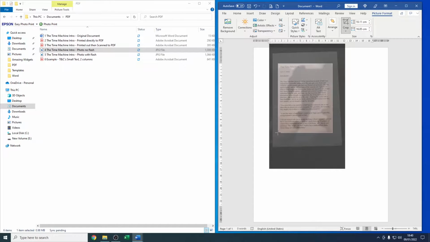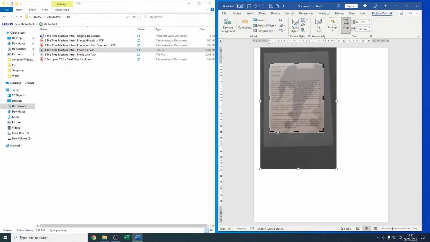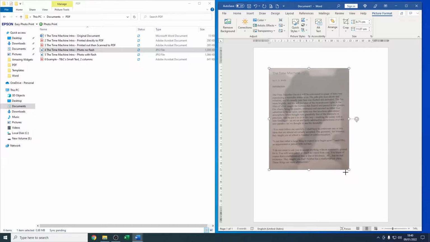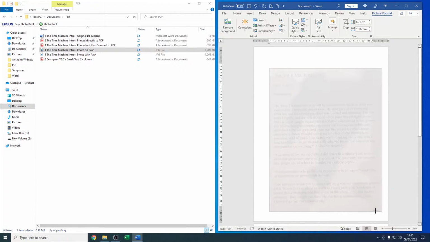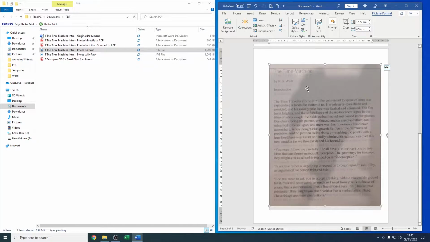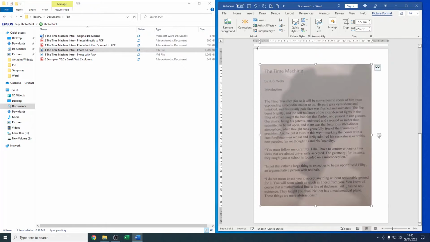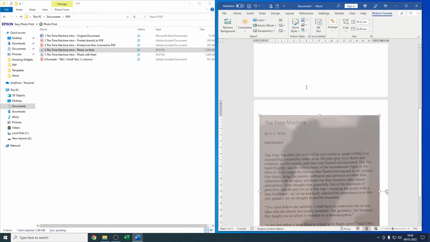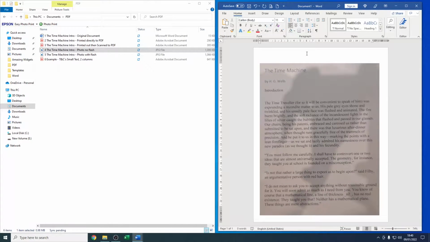So get rid of everything that's not text, press enter on that to crop it, and then the next thing to do to get the best conversion is to actually make the margins a bit wider, get it as large as possible on the page, because you're going to save this as a PDF now.